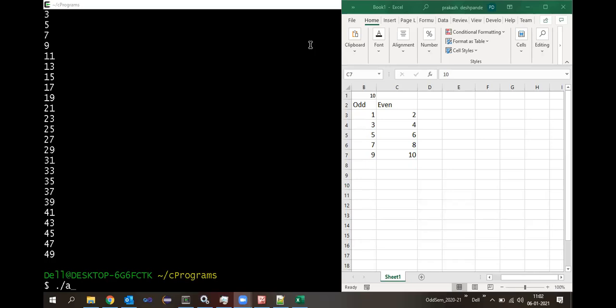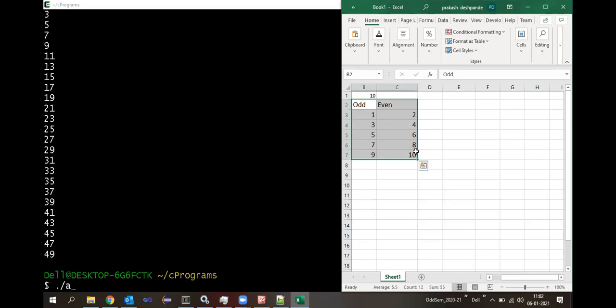We do have how much time now? 8 minutes. So one more program I was planning to take up, but between these 8 minutes, I don't think I will be able to complete that one. The program which I was planning is to find the GCD of two numbers, right?